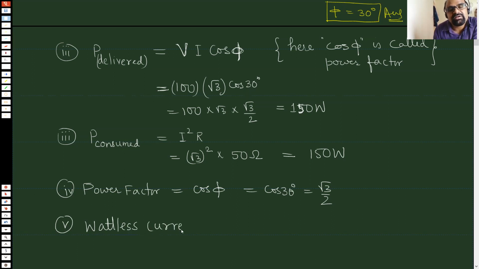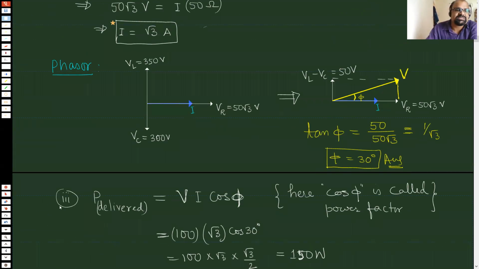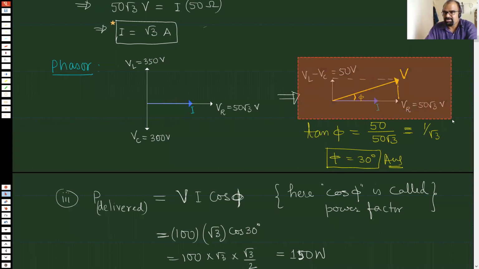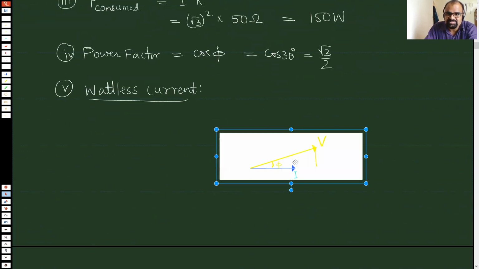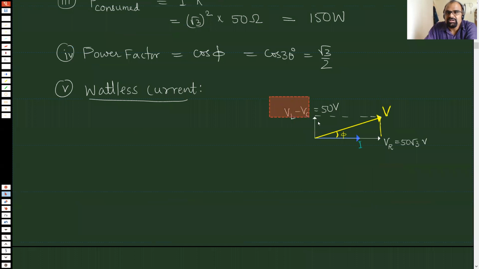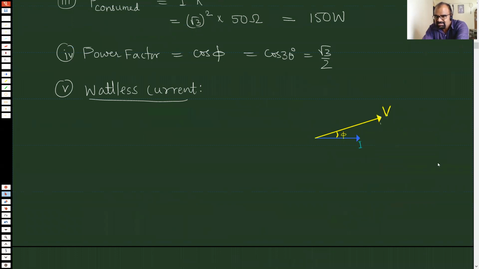Now in order to find wattless current, there is no need of a phasor diagram because we actually know a formula, I sin phi. But I will still draw this phasor diagram because I want you to understand it. As such, you have already understood because yesterday I took a lot of time to explain this. So in this, I will delete this part and let only the main voltage and main current remain. Everything else is not needed here. So this is the current, and this is the source voltage.